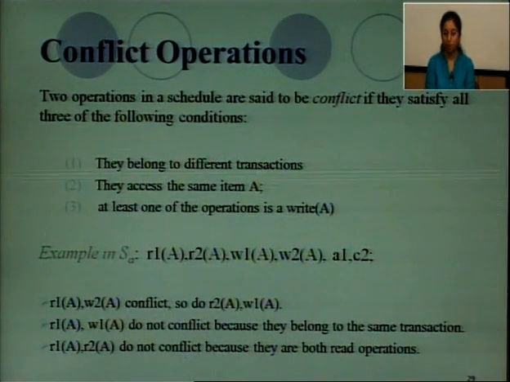Now next is a conflict operation. Two operations in a schedule are said to be in conflict if they satisfy all of the three following conditions. What are these conditions? The first one, they belong to different transactions. Second condition, they access the same item A, and the third is that at least one of the operations is a write operation. For example, you can see